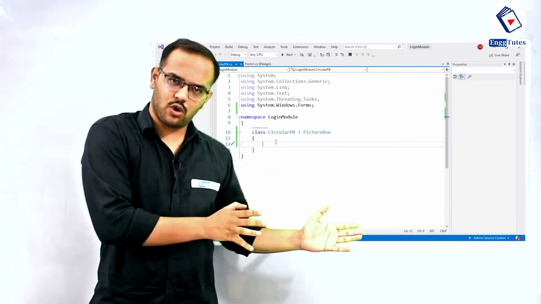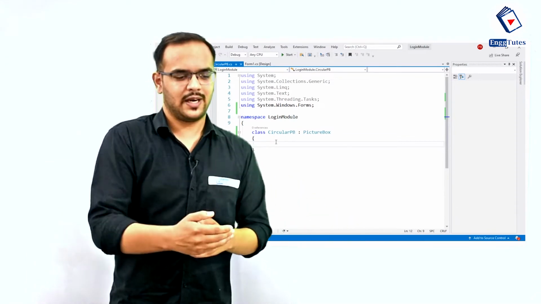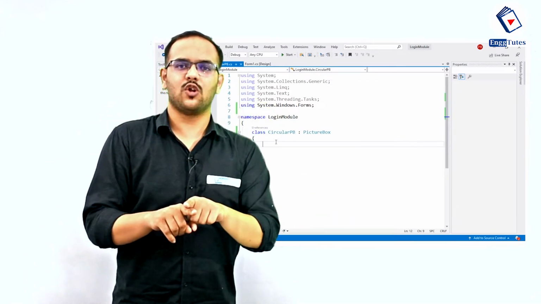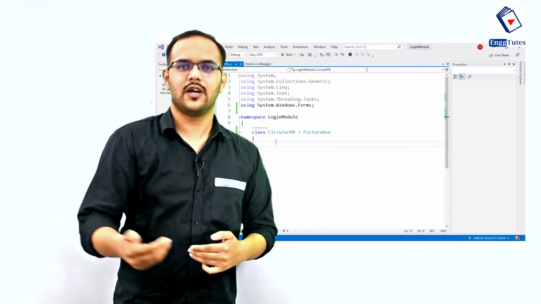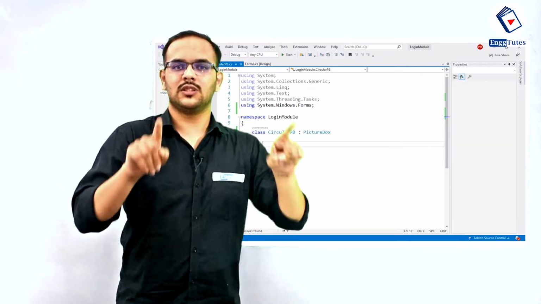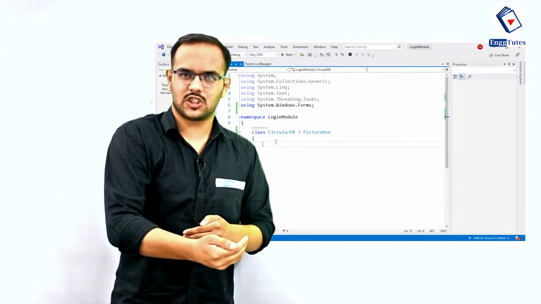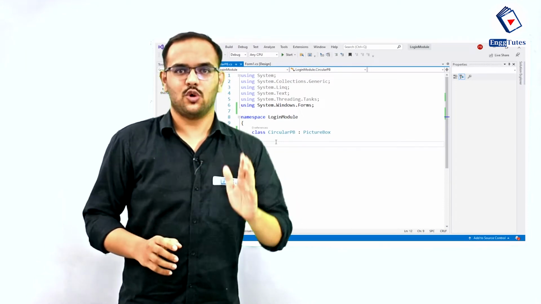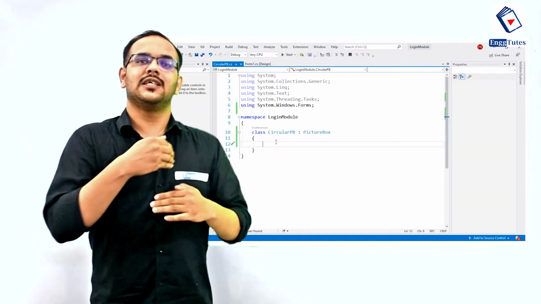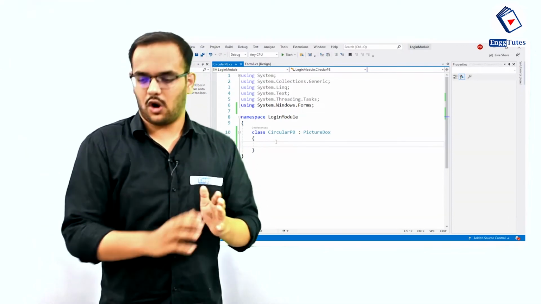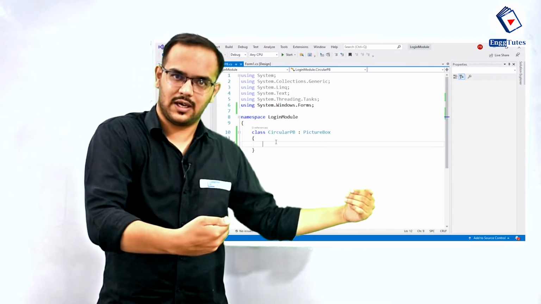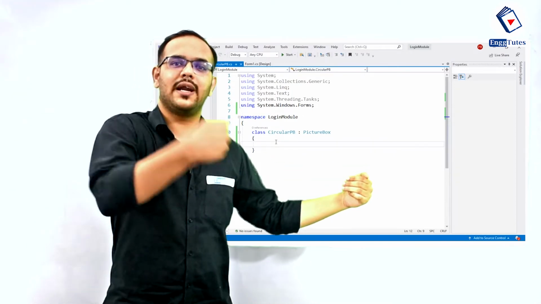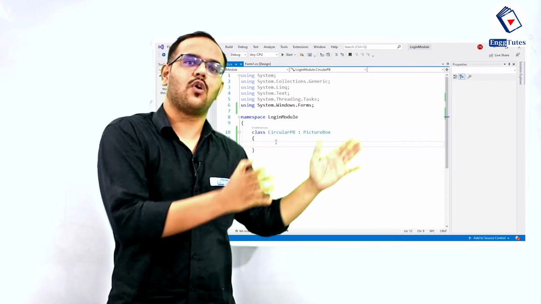So the default code for OnPaint in a picture box paints that picture box in a rectangular shape. We have to change that code and tell the .NET framework not to paint my picture box in a rectangular shape, but in a circular shape. So we are changing the default code of the picture box. We are overriding the default method OnPaint and writing our own code for it.